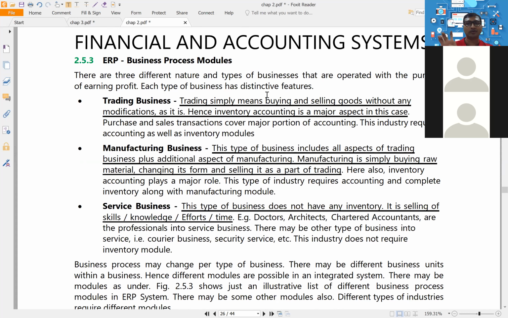Trading, buying goods, selling goods. Manufacturing, buying raw material, making into finished goods, and then selling. And then service, which right now what we are doing is a service business. Every business has its own requirements of the modules. But right now, what we are going to discuss is some of the common modules, which almost every organization